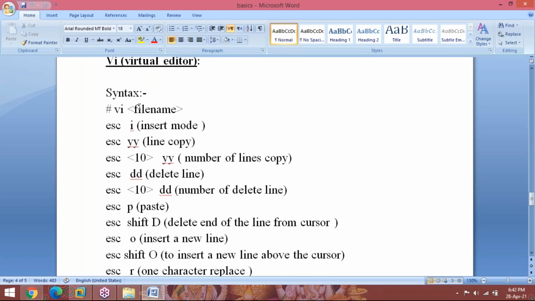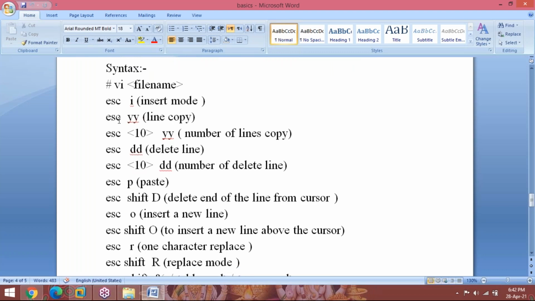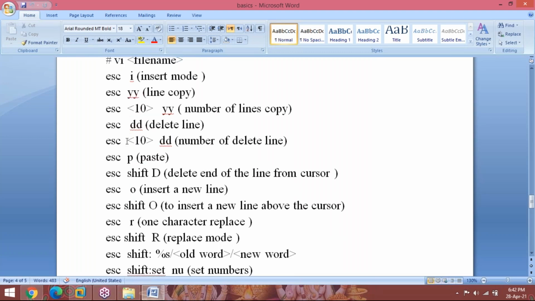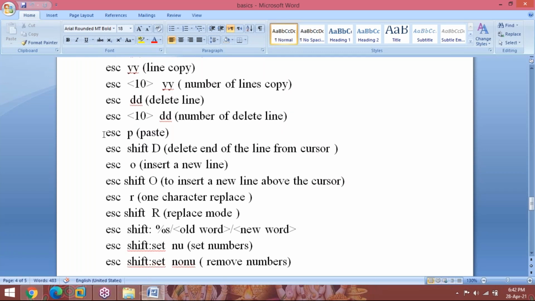These are for vi space file name when you open a file. Escape i, insert mode. Escape yy, line copy. 10yy, 10 lines copy. Escape dd, delete a line. Escape 10dd, delete 10 lines. Escape p, paste the line.